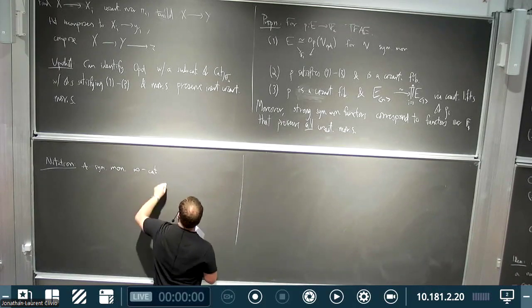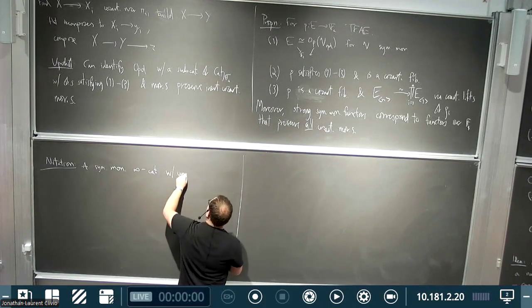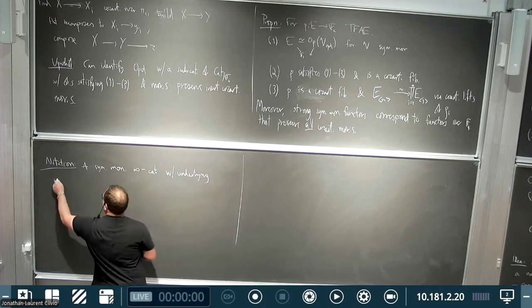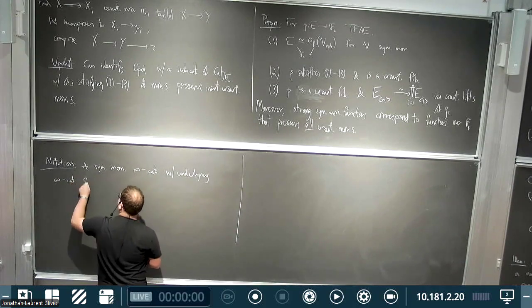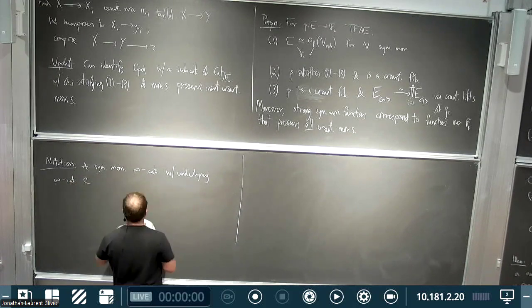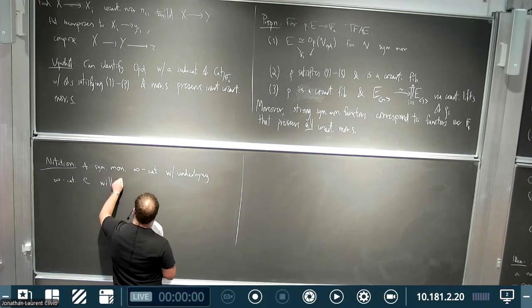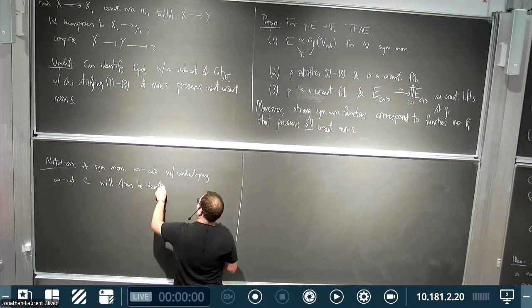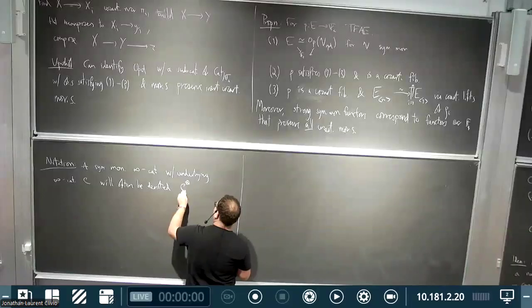So, a symmetric monoidal infinity category with underlying infinity category C. So C would be the value of my functor at 1. What else do we want? C tensor, or